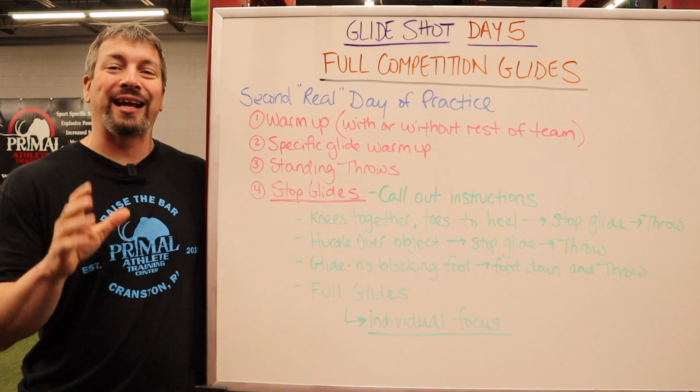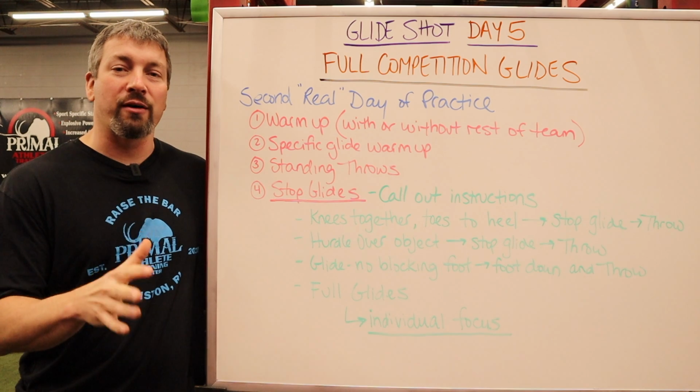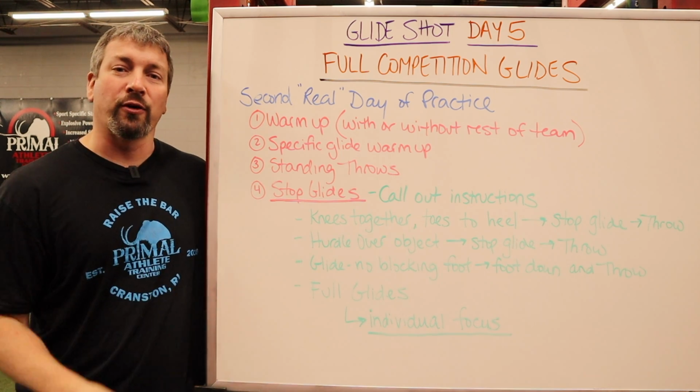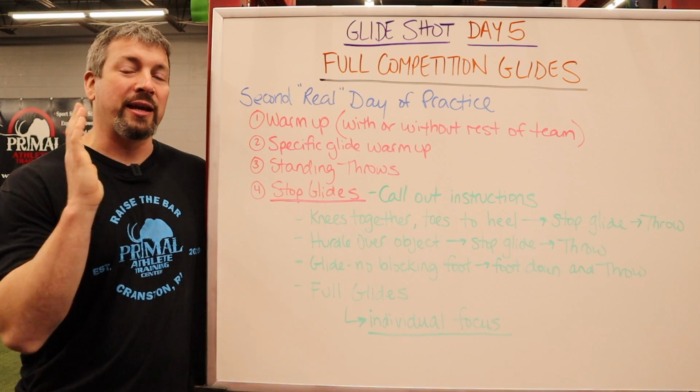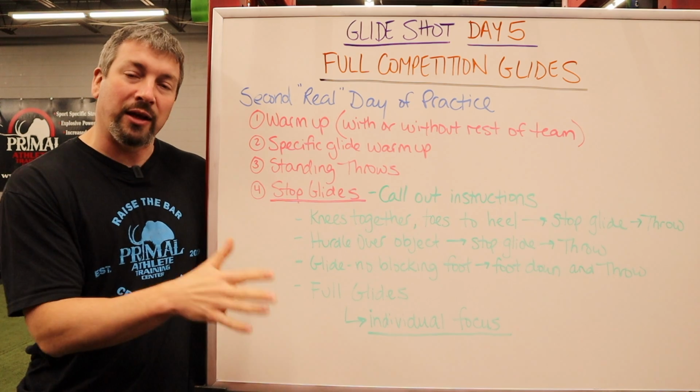Today we are doing day number 5, which is our final day of the glide. It's the end of your first week. It's basically Friday, the first week of your season. You've been taking all your athletes through, and now you are going to be doing everything to work up to